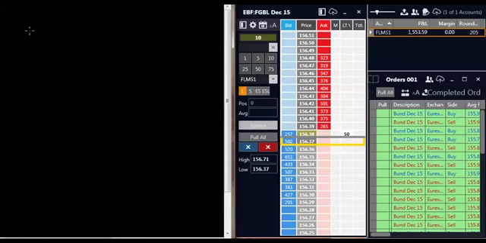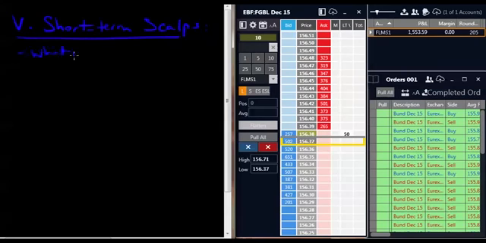So what we're looking at specifically is very short-term scalps. Specifically, we want to look at what it looks like, and the strategy, like we just said. So, what I'll do is I'll play this